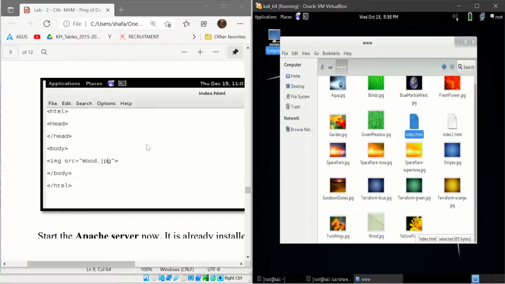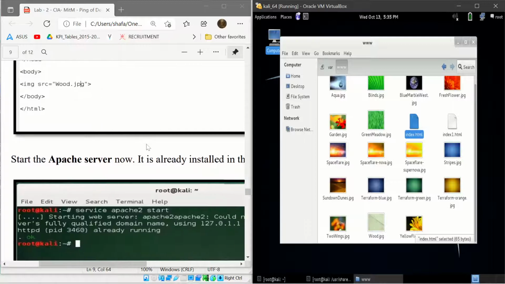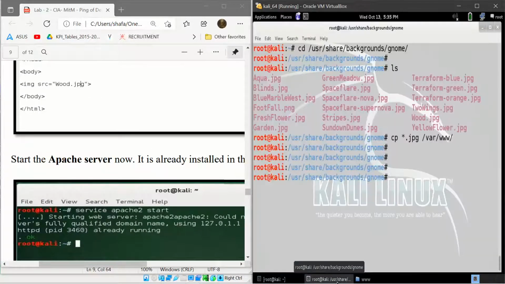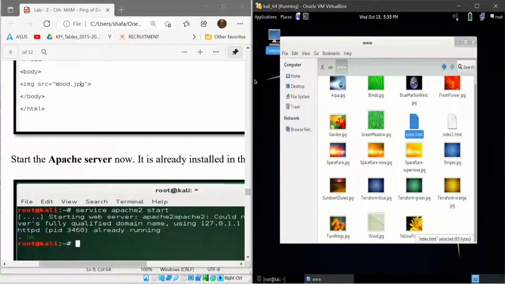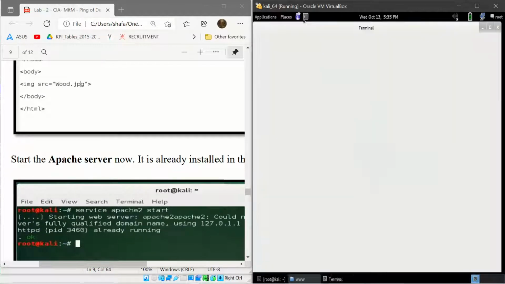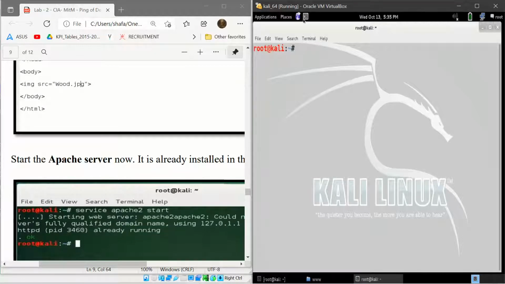What is the next step here? Apache server. Start the Apache server. That is a web server. So go to the command prompt. Here I just exit and open a new terminal so that it will be clear.